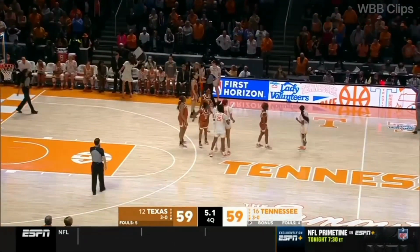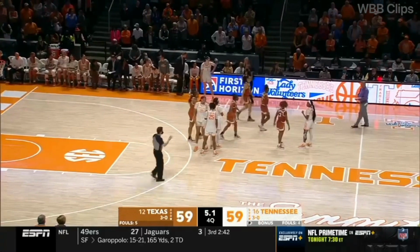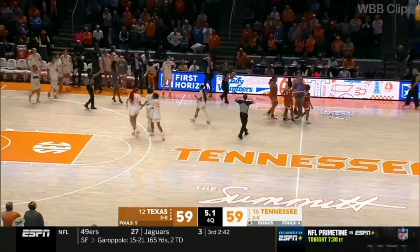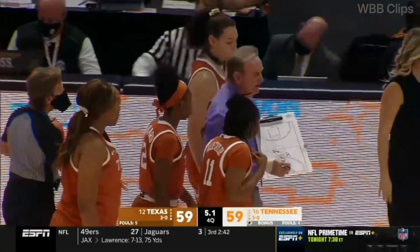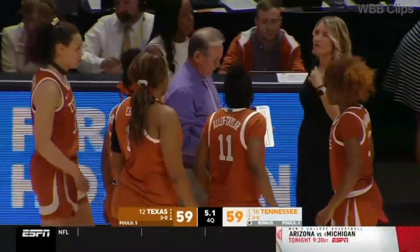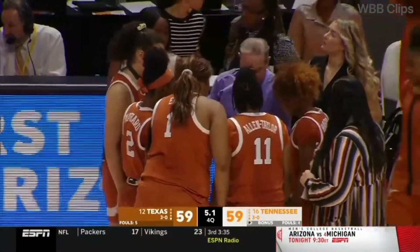So it'll be Sarah Puckett on the inbounds. Tennessee will stack their players, Horston in the back of that. And now Vic Schaefer will call timeout. Now the chess match. Yep, he sees what they come out in. That's Texas's final timeout. Sees the setup. If it's something he's seen before on film, he's going to go to his team. He's going to talk about their